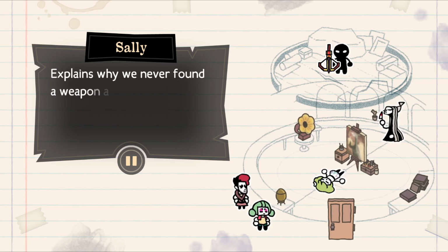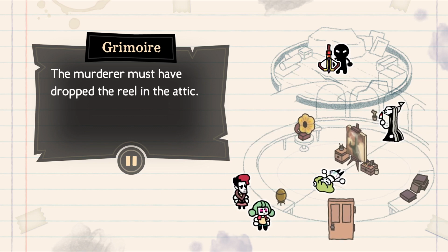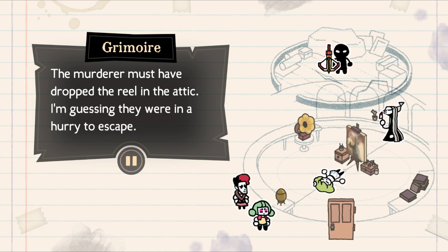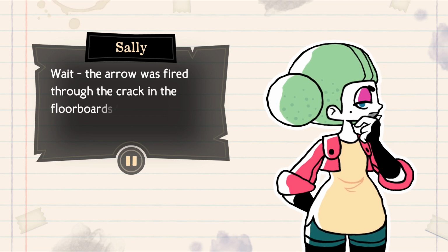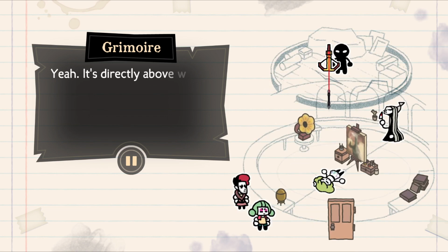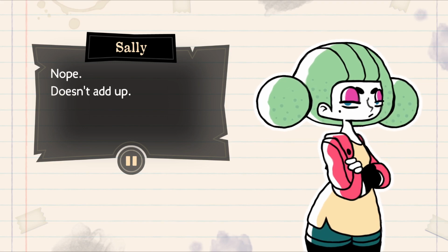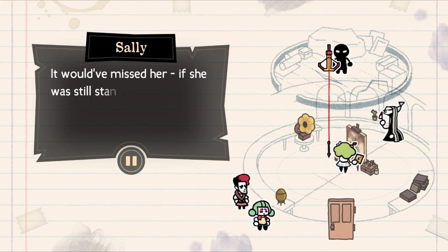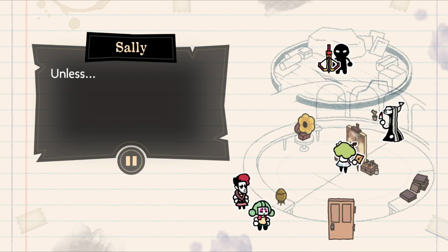Explains why we never found a weapon at the crime scene, I guess. The murderer must have dropped the reel in the attic. I'm guessing they were in a hurry to escape. Wait. The arrow was fired through the crack in the floorboards? Yeah, it's directly above where Freya was found lying on her back. Nope. Doesn't add up. It would have missed her if she was still standing up by the painting. Because she wasn't still standing. Right. Unless...